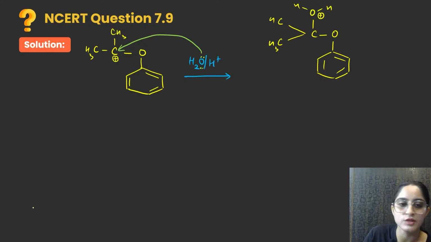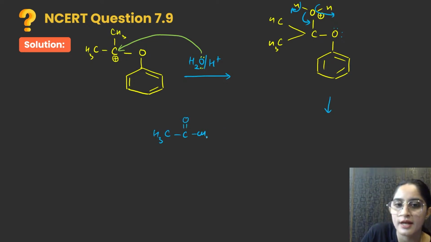So beta, what exactly is going to happen? This H will be taken out from this side. It will get attracted towards these lone pairs, right? It will jump to this side, and this bond also will go, okay? H positive will be taken out, right? One H positive will go, and these pi bonds will shift here, and hence in the end you will have two things, that is CH3, C double bond O, CH3 plus beta, it will become a phenol, okay? Plus it will become a phenol.